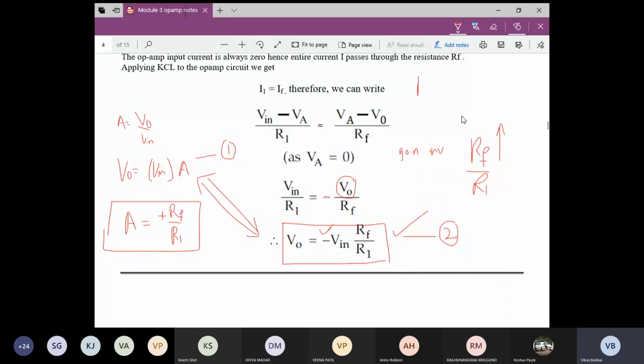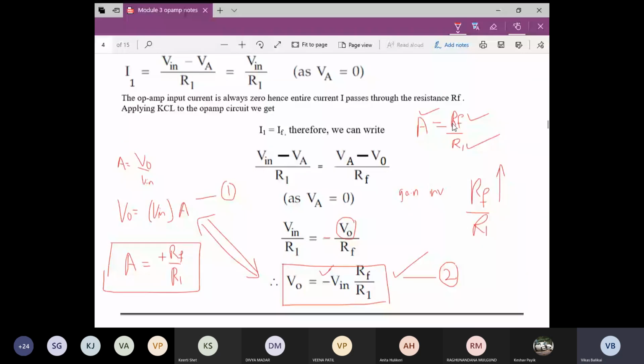So in the numericals also, sometimes they will be giving these parameters. They will be mentioning what is RF, they will be mentioning what is A. You are asked to calculate R1. So you can use this formula and calculate. Do not get confused. A is nothing but your RF by R1. So he'll be giving the overall value of A and he'll be giving the value of RF. You can calculate R1. Athwa he may be giving a value of R1 and A, you can calculate RF.